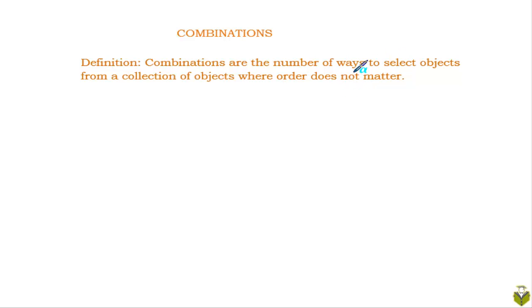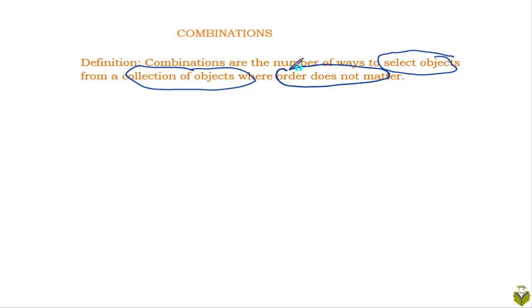So the key point here is that we are selecting some objects from a collection of objects and order does not matter in this selection. This will be clear through an example which I'll do next, and you'll understand what it means that order does not matter. So let us look at 3